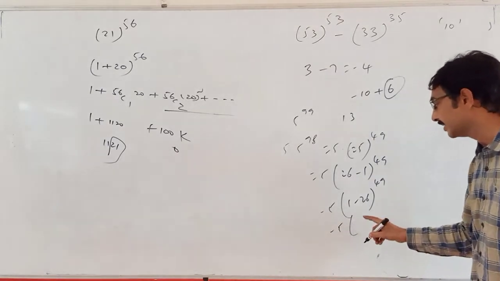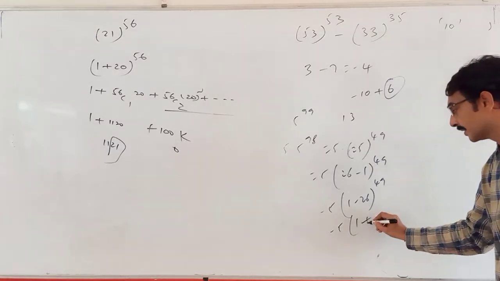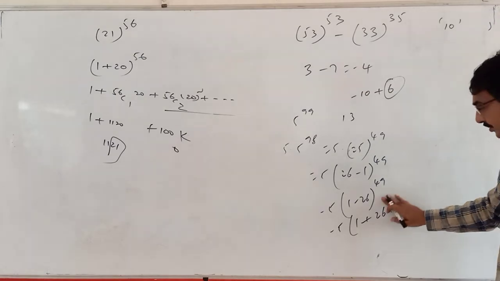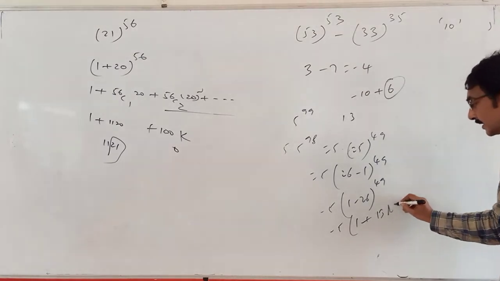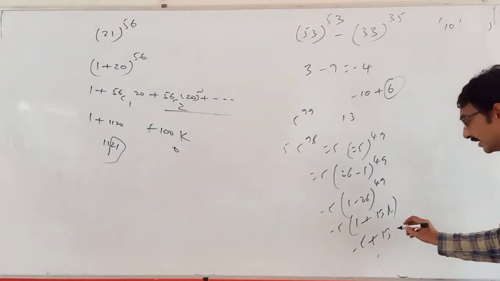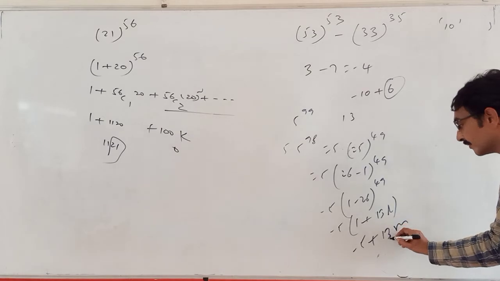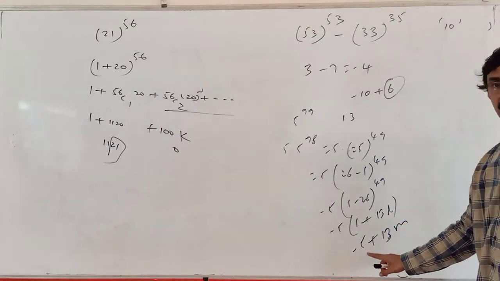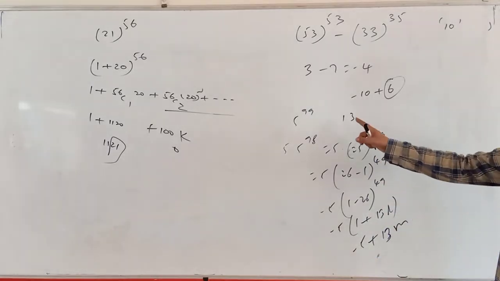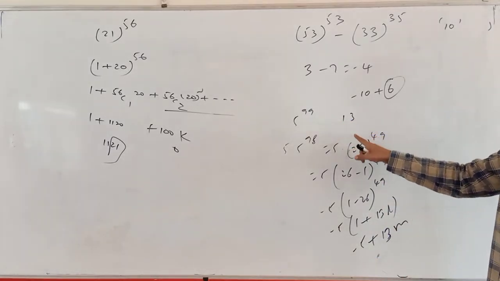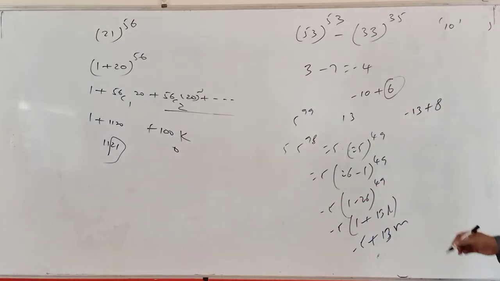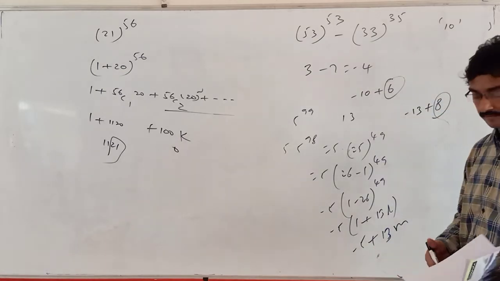Therefore, minus 5 into this, which can be expressed as 1 plus 26 into k. 26 is 13 into 2, so 13 into L multiplied by minus 5 gives minus 5 plus 13 into 5L, some M, and assume. But the remainder is not minus 5. What to do when the number at this place is negative? We need the remainder when divided by 30. Therefore, minus 5 has to be expressed as minus 30 plus 8. So the remainder is 8, not minus 5.